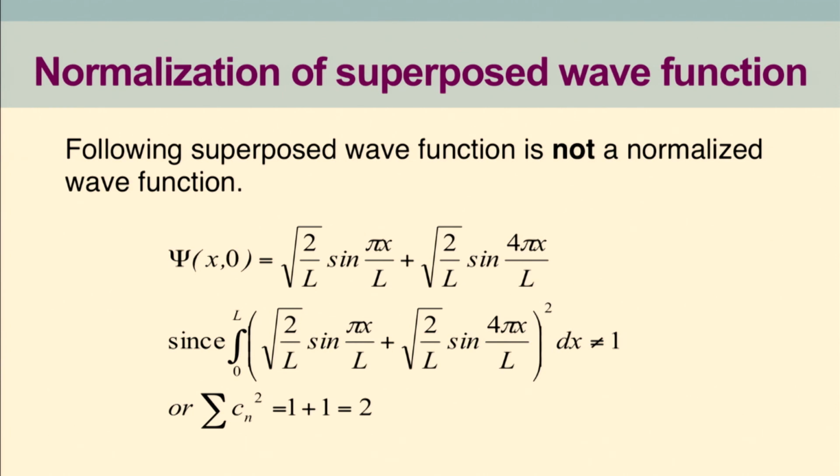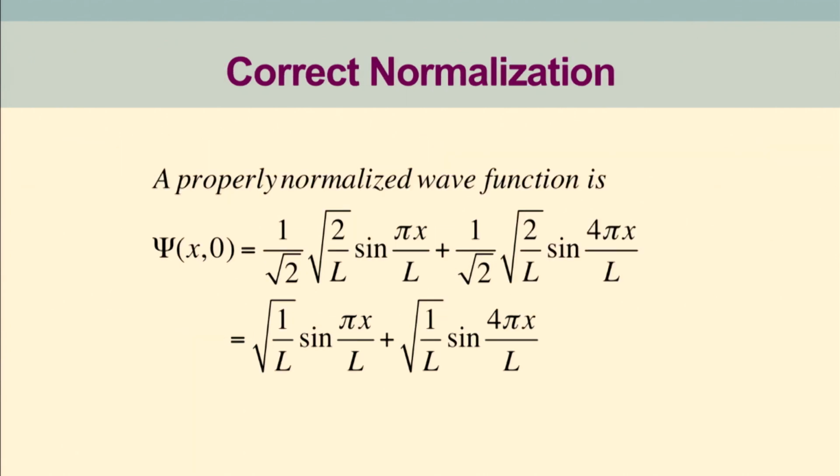So what we can do is normalize this wave function, and if I take into account the correct normalization factor, then a properly normalized wave function looks like this. You need to multiply by 1 over root 2 in order to make this wave function normalized, such that the integration of psi star psi dx is equal to 1. All right, great. So we have formed a superposed or mixed wave function, a normalized mixed wave function, which is a combination of the ground state and the third excited state wave function. All right, what's the purpose of doing this?